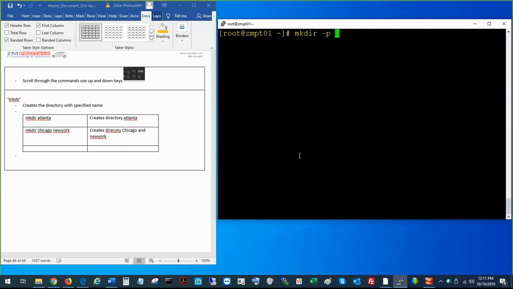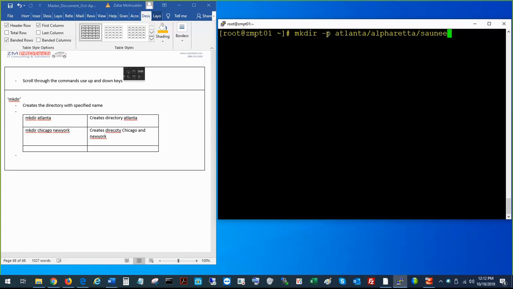So if I type mkdir -p and I type Atlanta, and then Alpharetta, then I type Sony, what will happen is this command